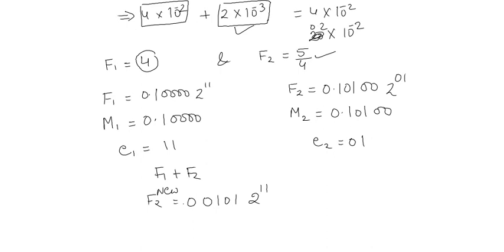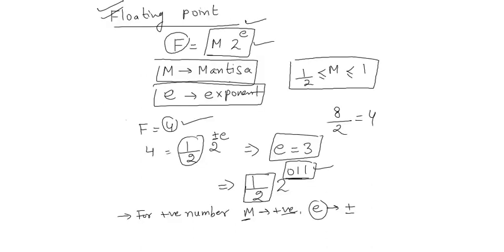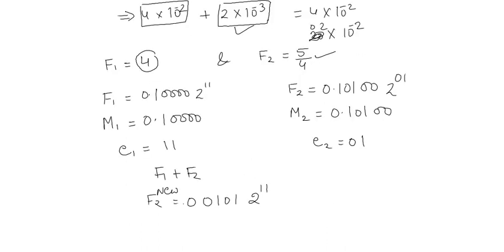So what is 4? 4 means 8 by 2. Easy, right? We have seen that 4 we can represent using 8 by 2, where the exponent is 3 and the Mantissa is half. We know that your processor deals with binary numbers. So your 1 by 2 in binary is written as this, and the 2 to the power 3, so 3 is coming as 1 1. Okay, so the processor will store these two things. One is this and another is the exponent.